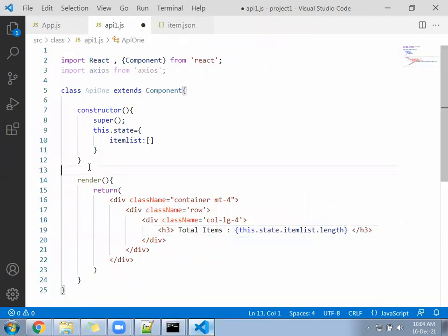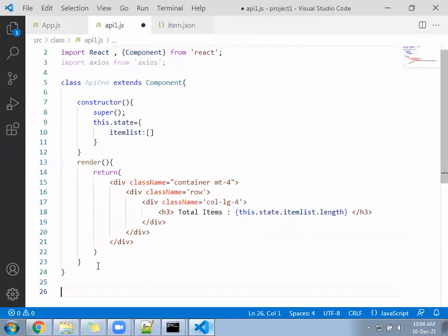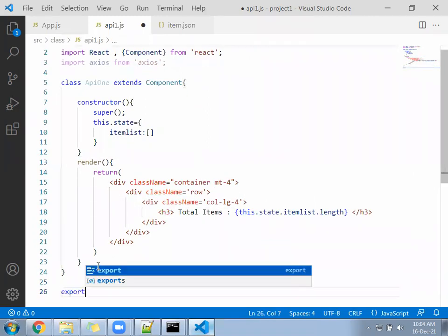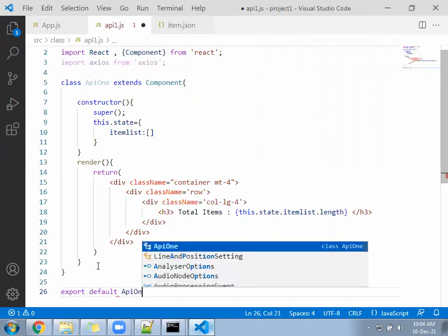Do the export of this file and call it under the import in the app file, add a link and check whether the page is loading or not. Export default API1.